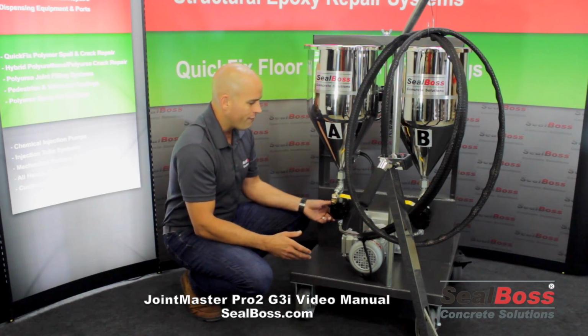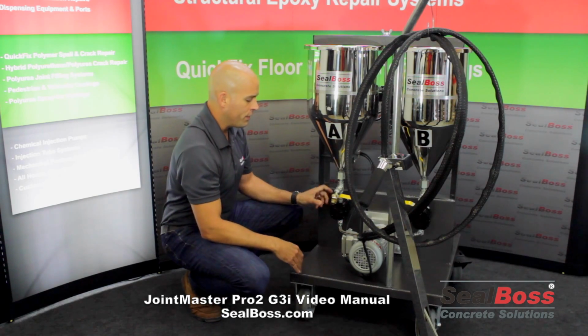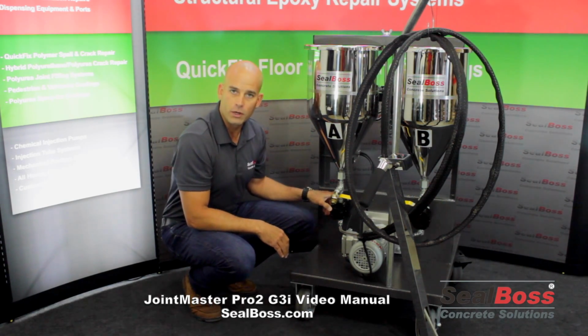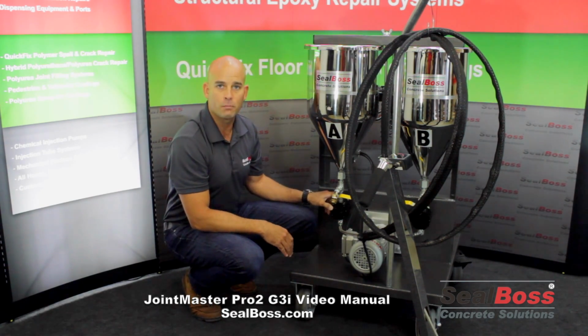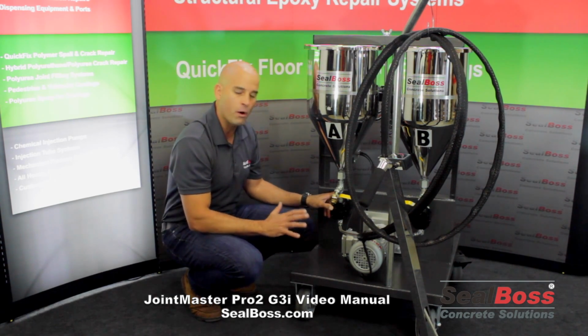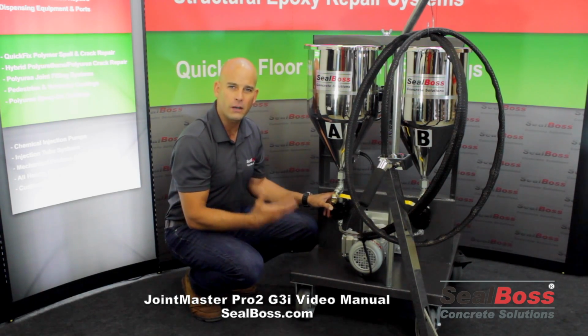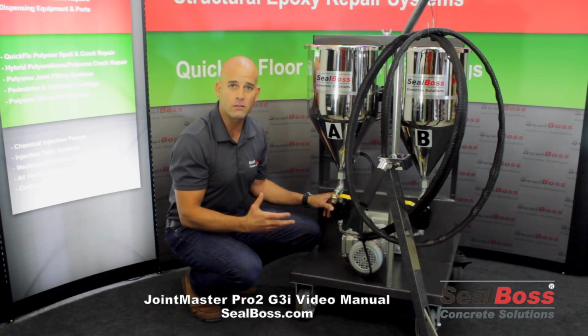Moving right along, we have our new rotary gear pumps on the A and the B sides. One thing to note in terms of an upgrade with the rotary gear pumps is the pressure back rating capabilities of these. These can withstand a back pressure of approximately 2,000 psi. Now, it's to be noted that you don't want to really exercise and try to push that too much, but